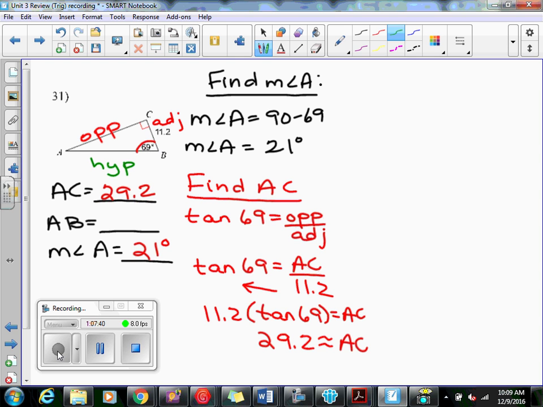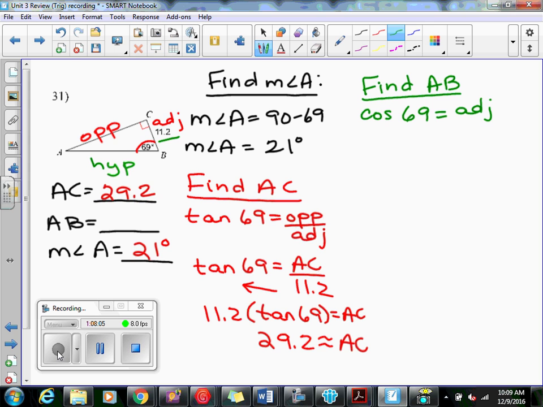So now we've got the adjacent over here, and the hypotenuse is what we want to find. What ratio uses adjacent and hypotenuse? Cosine. All right, so we're going to find AB. So we said we had adjacent and hypotenuse, so that's cosine. So the cosine of 69